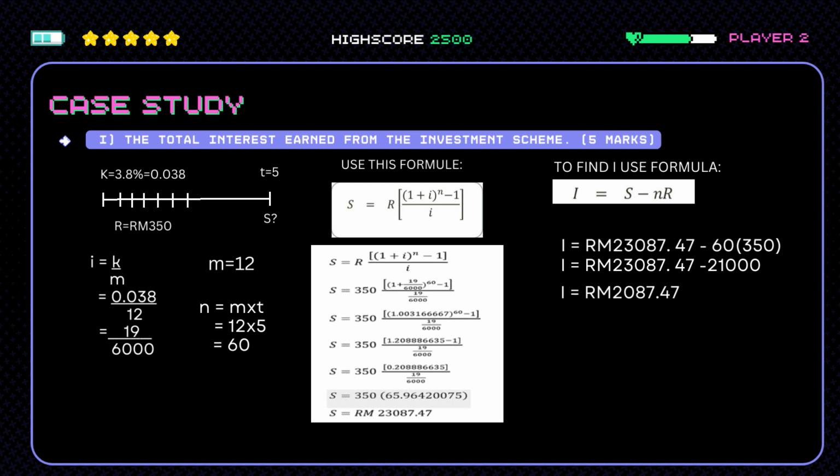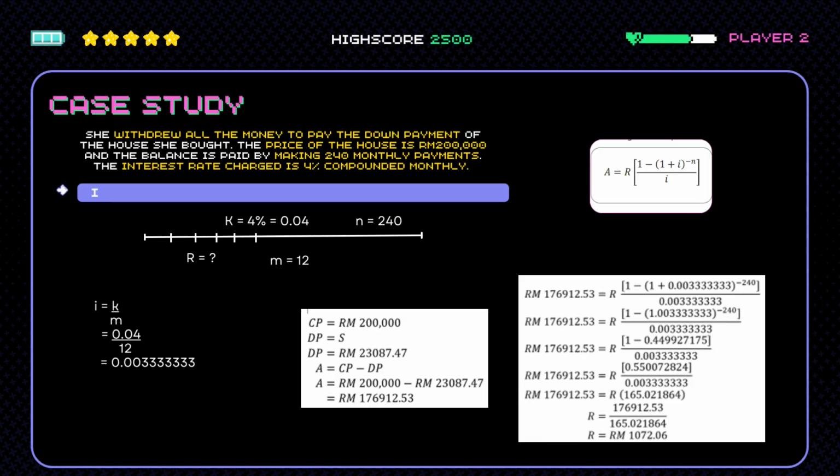So RM23,087.47 minus 21,000, and we get the value of I. The value of I is RM2,087.47. Question Roman 2 is how to calculate the monthly payment to be paid for the house, which is